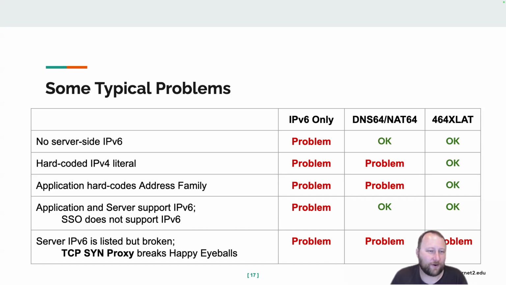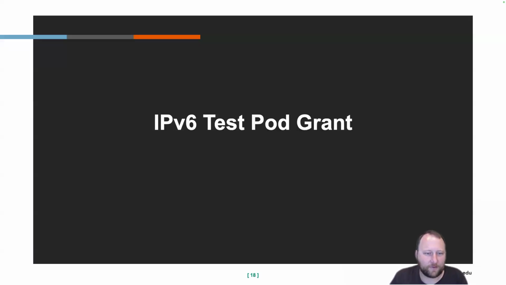The other one is if you have hard-coded IPv4 literals and application hard-coded address families, 464XLAT takes care of that pretty beautifully, honestly. It works well out of the box. There can be problems with it, but it covers even more of the use cases in these examples. So this brings about the